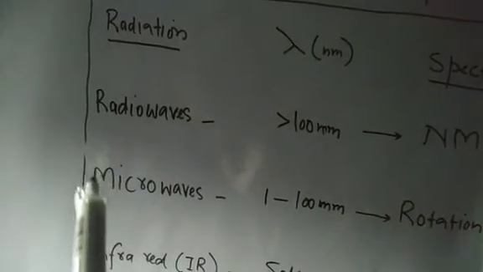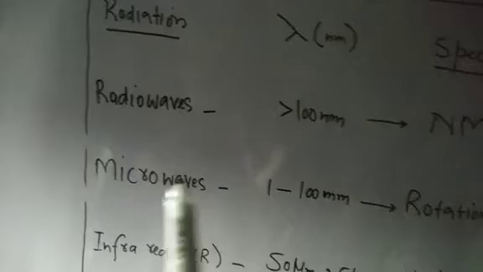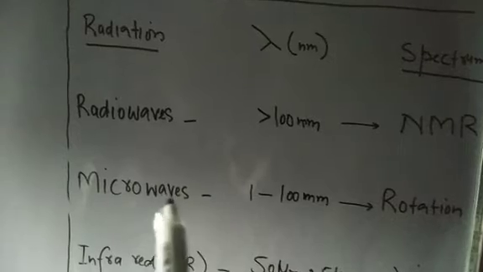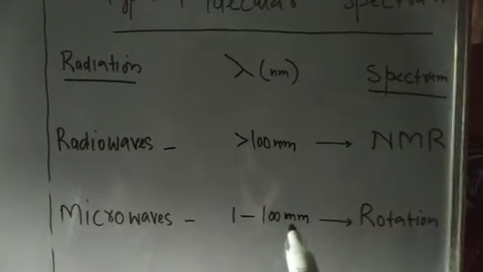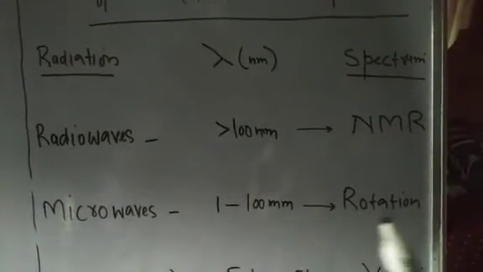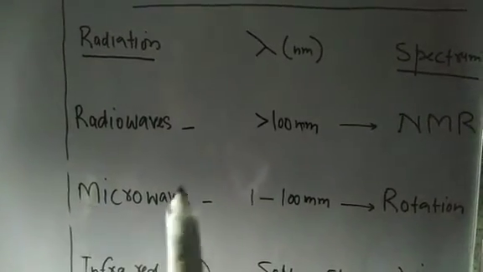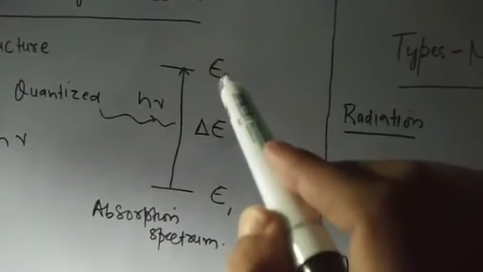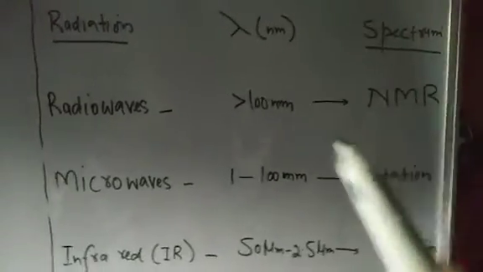The next wave, which is of better frequency than radio waves, I can say lower wavelength than radio waves, is called microwaves. Once a molecule interacts with the microwaves, which have a wavelength of 1 to 100 millimeter, so this was millimeter, it reaches the rotation of the molecule. The molecule undergoes rotation. So this radiation brings in a rotational change in the molecule. I can see these energy levels are now rotational energy levels, R1 to R2. So this spectroscopy is called rotation spectroscopy. That also we'll see separately.